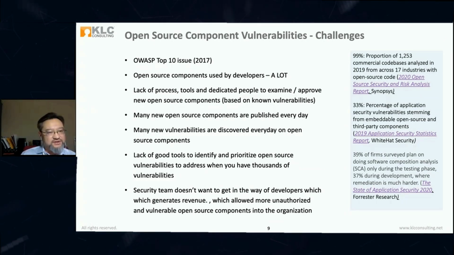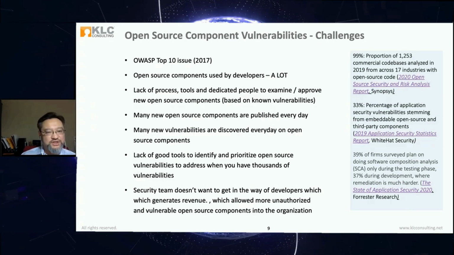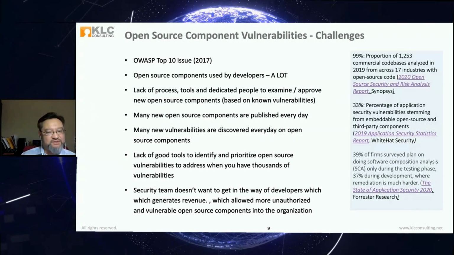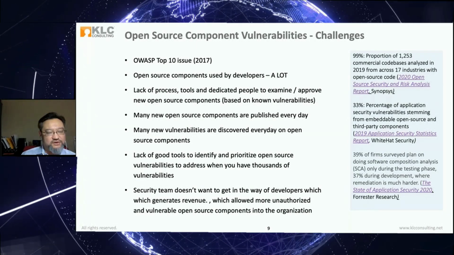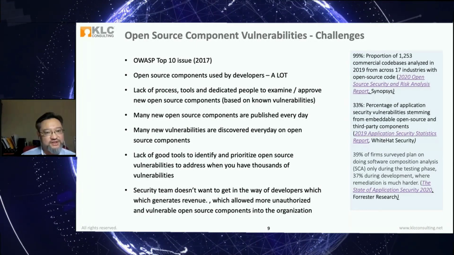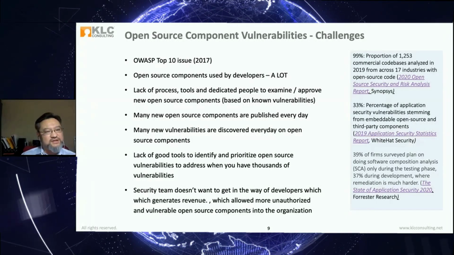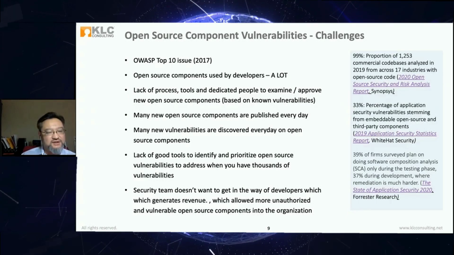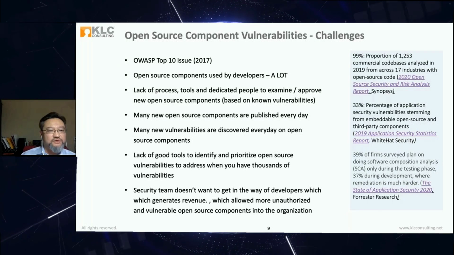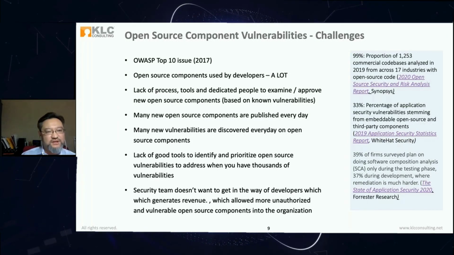All right, so on the last bullet here, the security team is usually under pressure not to interfere with the developers because of the direction coming from senior management. Senior management wants the developers to develop new features and push them out to production as fast as possible. So sometimes the security team doesn't want to be in the way, right? Developers will probably use some open source components that were just released yesterday. And so that becomes a challenge, because developers might be bringing unauthorized open source components or some vulnerable open source components into the organization. Okay.